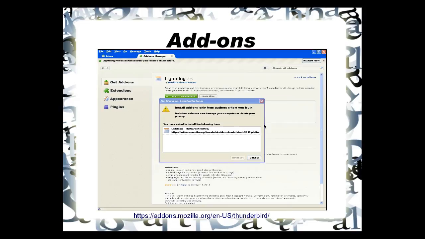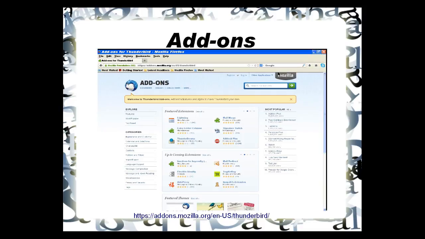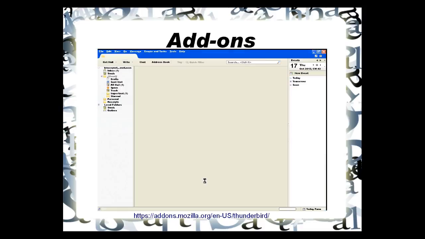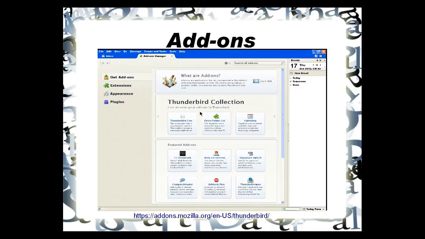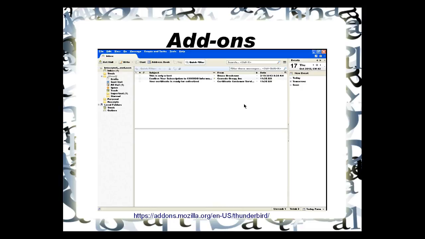So it is installed now, and up here you'll see it says Restart Now, which it needs in order to take effect. Okay, so now we can close this tab. We're finished, and again, there are a lot more add-ons that you can get, but we see that it's added